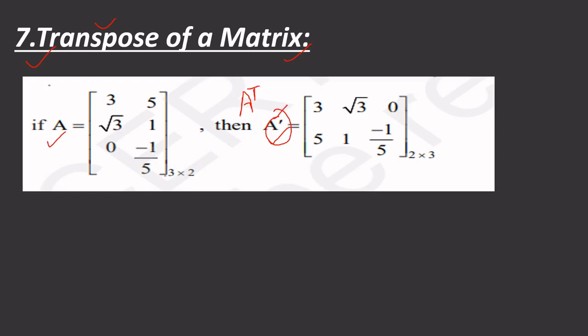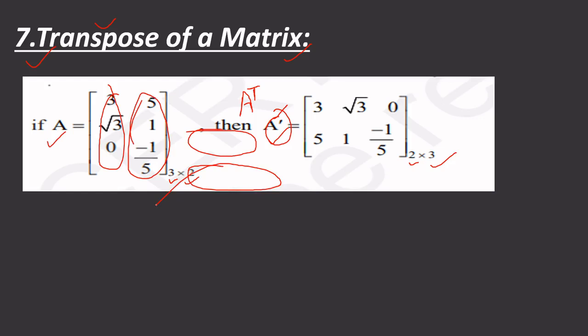So what exactly do we call it? If there is a matrix of order 3 cross 2, and we change its rows with columns and columns with rows, like 3 changes with 2 and 2 changes with 3, we can say that it is the transpose of the matrix. We do nothing big: the first row we write in the horizontal direction, and the second column we write in the horizontal direction, and we have found our transpose.